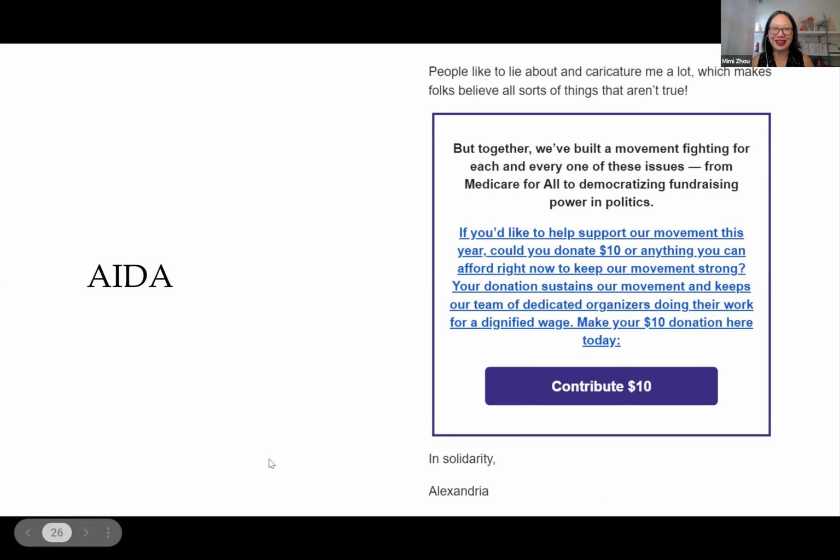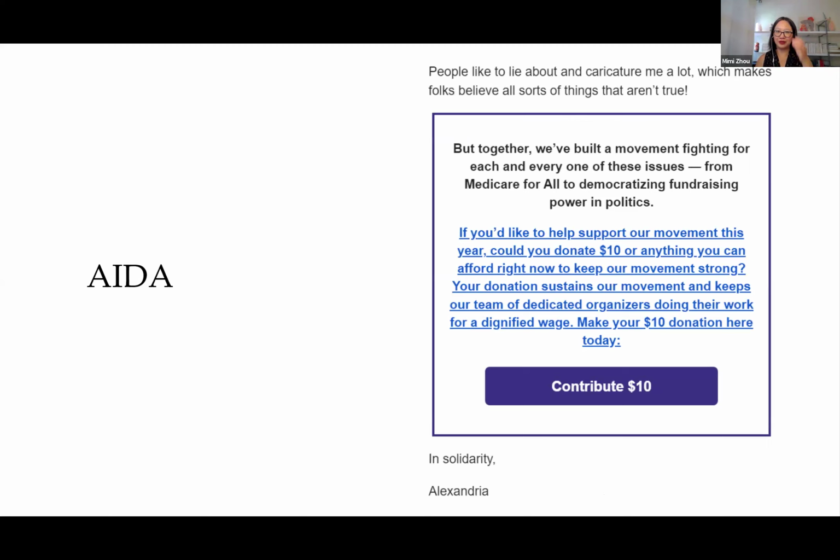Sure. People like to lie about and caricature me a lot, which makes folks believe all sorts of things that aren't true. But together we built a movement fighting for each and every one of these issues, from Medicare for all to democratizing fundraising power in politics.